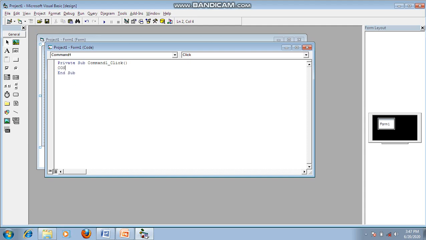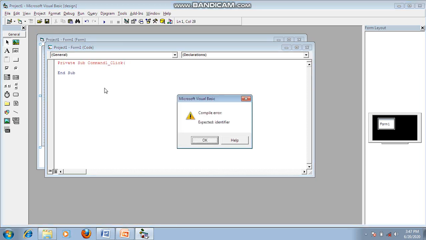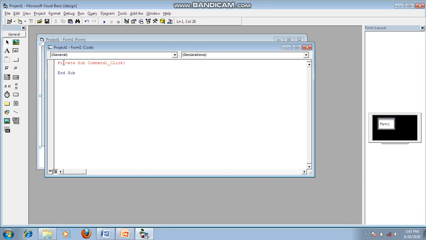Here I am declaring a constant, const num as integer is equals to 10.